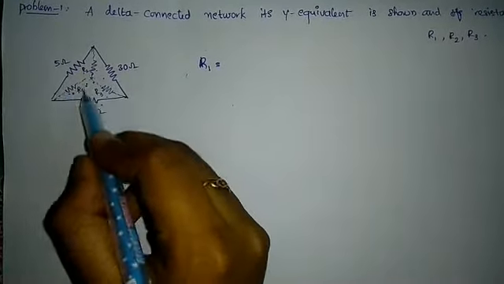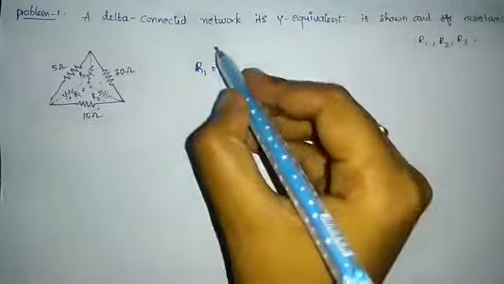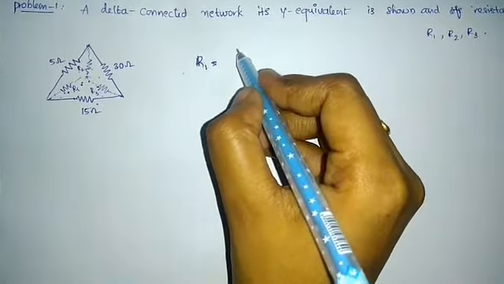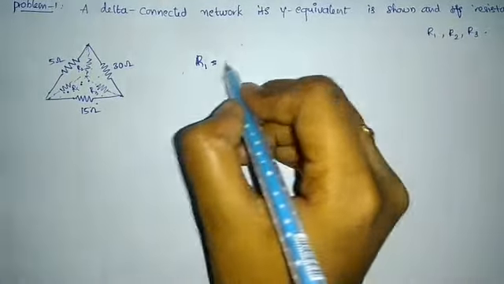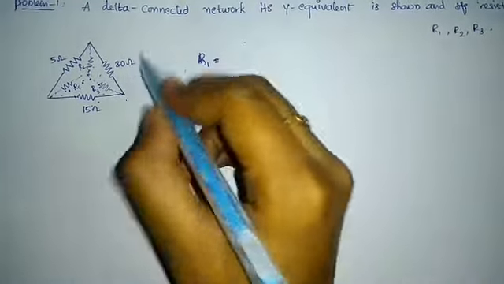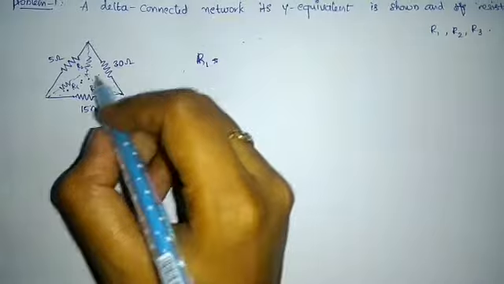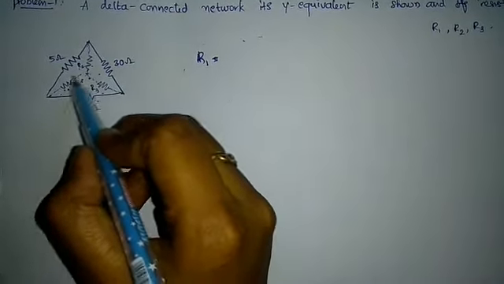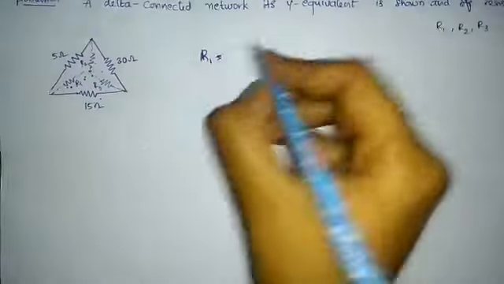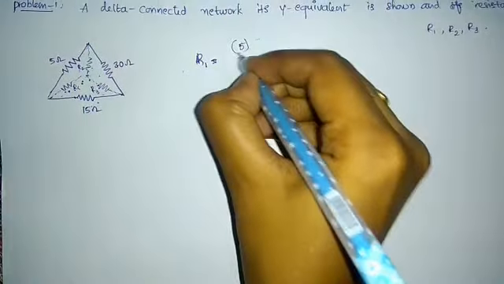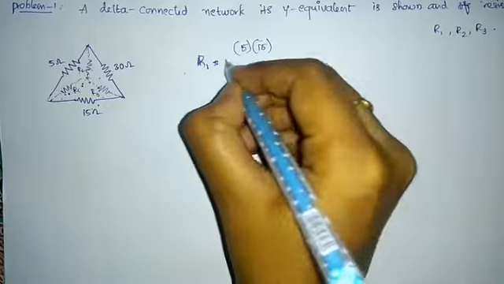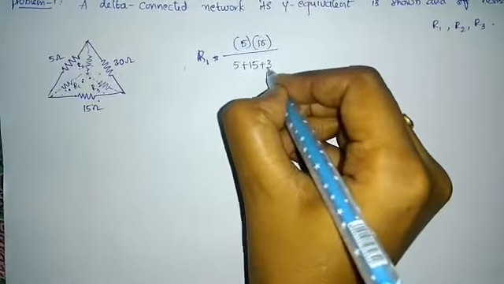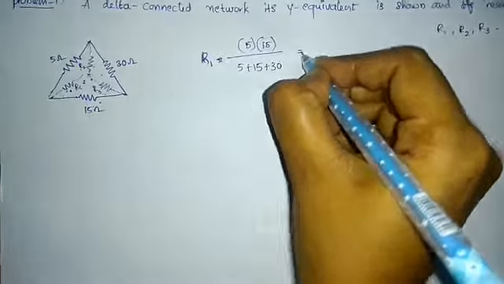Then to find the resistance R1, the formula is, we already know, the product of two adjacent sides by the sum of all the resistances. In that case, considering R1, as we need to find R1, the formula will be 5 into 15 by the sum of all resistances, 5 plus 15 plus 30, and the answer will be